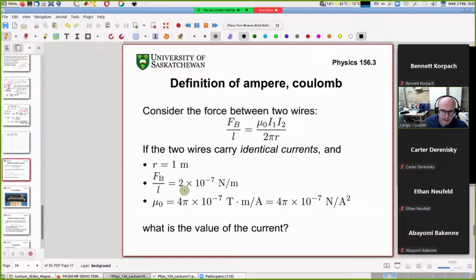then if we have Fb over L equal 2 10 to the minus 7 Newton per meter, and mu 0, we know it's a constant 4 pi 10 to the minus 7 Tesla meter divided by amps. What is the value of the current? Well, you can just plug that in here, and we can directly solve that. So 2 10 to the minus 7